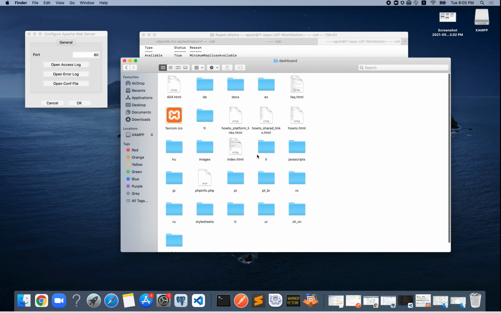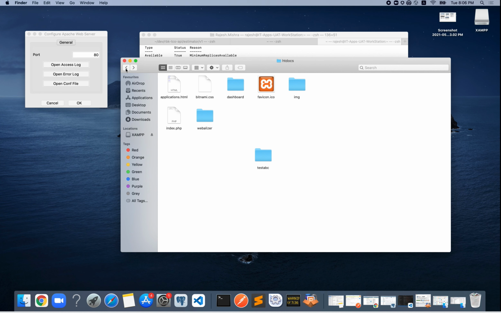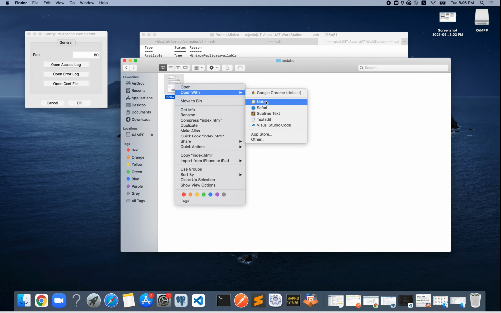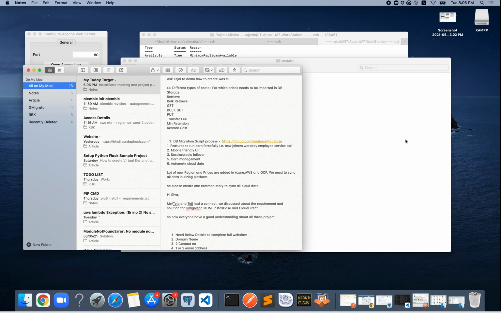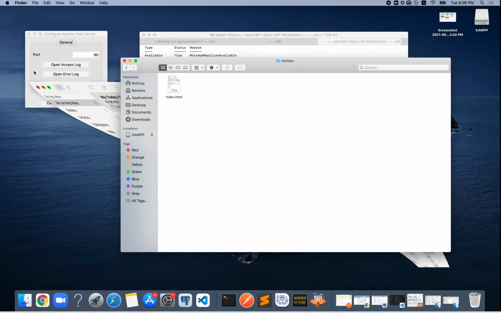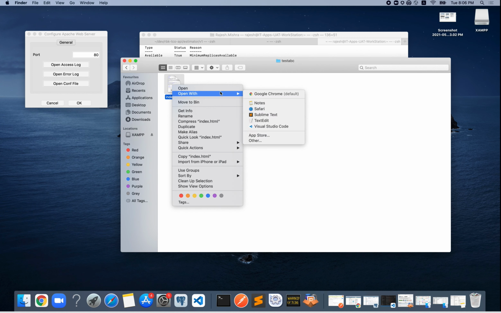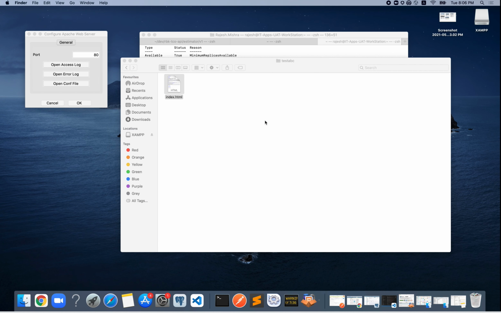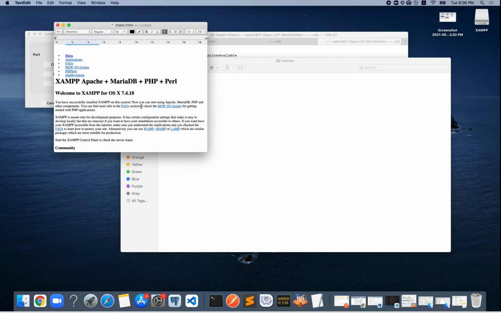Let me copy the index.html from an existing location. Go to test abc and put it there.